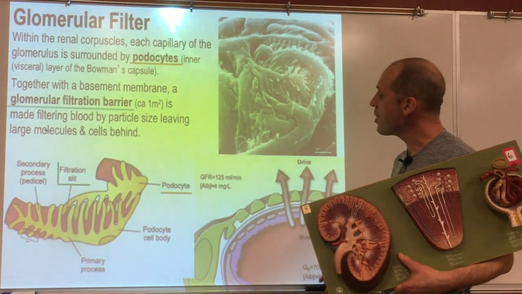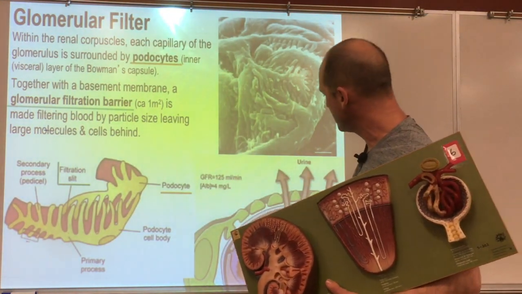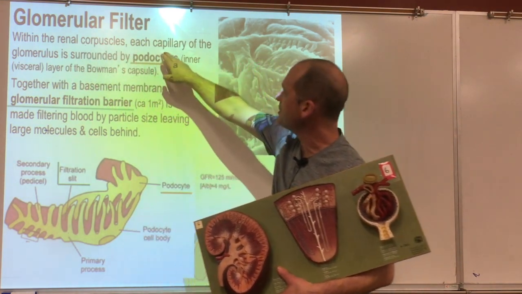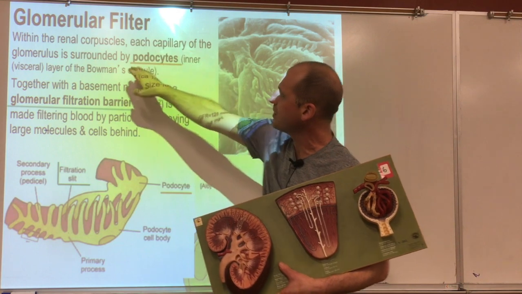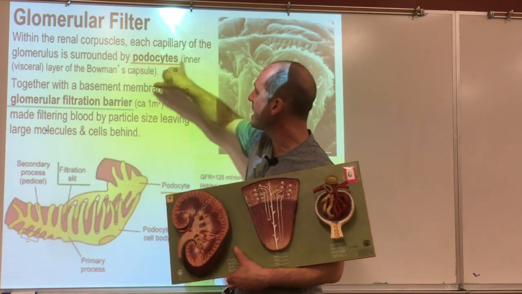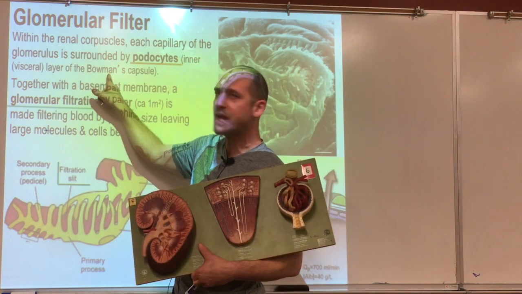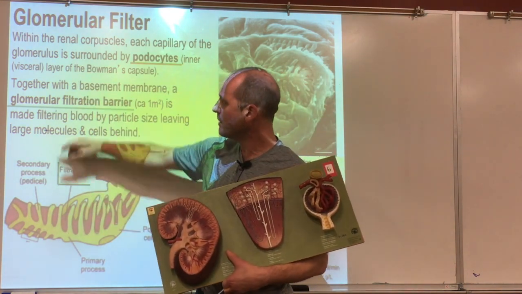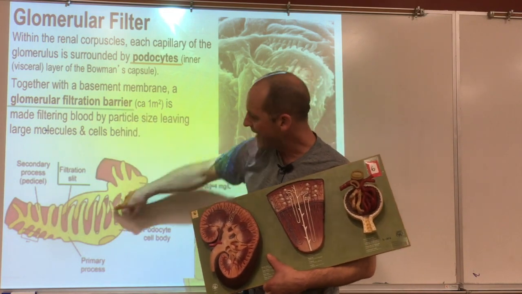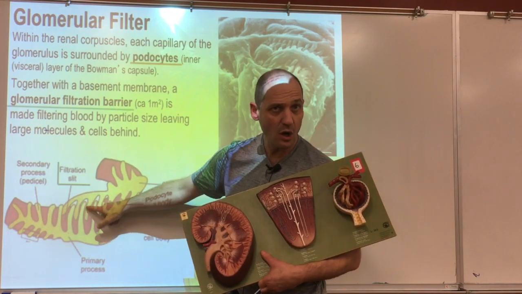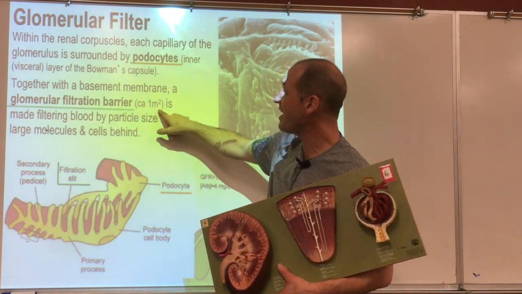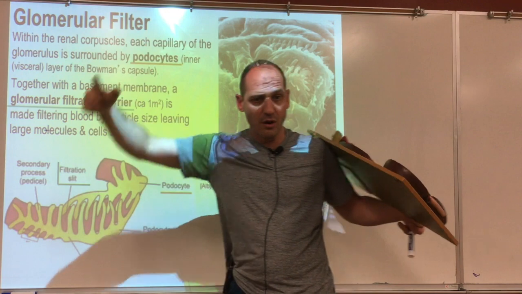And then I already explained this sort of thing here, which is how we have the renal corpuscle. Let me just read it. Each capillary of the glomerulus is surrounded by podocytes. These are these yellow finger-like things. And that's then an inner visceral layer of the Bowman's capsule. That's the whole capsule. And together with the basal membrane, a glomerular filtration barrier. That's this right here, called the barrier, the slits. That's the slits. We have about a square meter of that